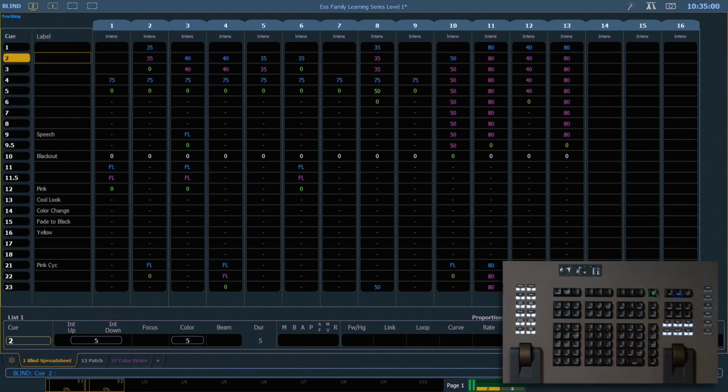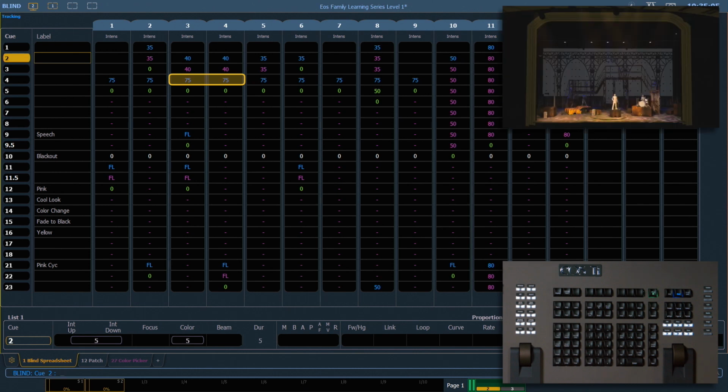And in blind, you can see that channels 3 and 4 go to 75% in Q4, which they had done previously. So our new information that we just updated into Q2 tracked forward, but then went back to its original level because Q4 has that move instruction of 75%. In blind, remember that changes are stored immediately. In live, update is the tool that we use to store information into existing targets, such as queues.